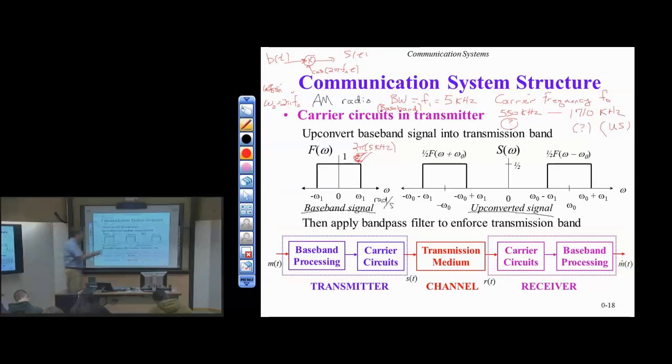Okay, so then back to this. So what's the transmission bandwidth? Okay, so how wide is this? 10 kilohertz. So how wide is this? 10 kilohertz. All right, so it's just that this baseband spectrum gets shifted to the right by the carrier frequency, scaled by half, shifted to the left by the carrier frequency and scaled by half. So the transmission bandwidth